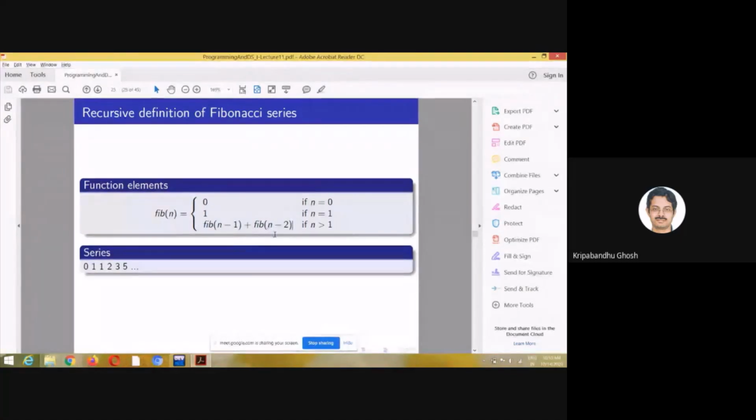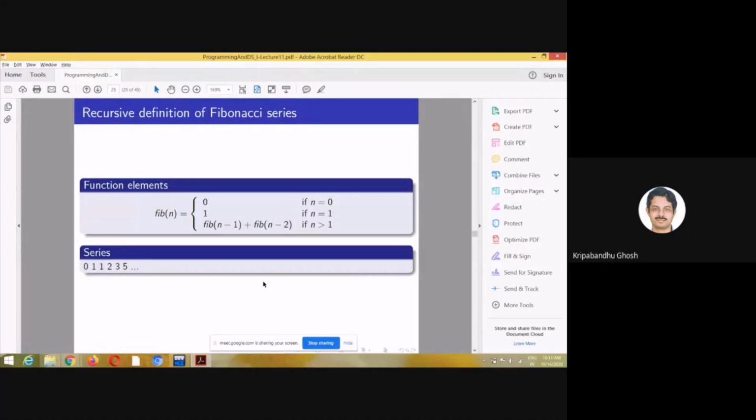So I'm sure you have gone through this before. We have been generating this series in any programming course, right? People who have done a programming course before this, I believe all of you have done. So the Fibonacci series is something which we have to do, right? But there is a very interesting background of this Fibonacci series.